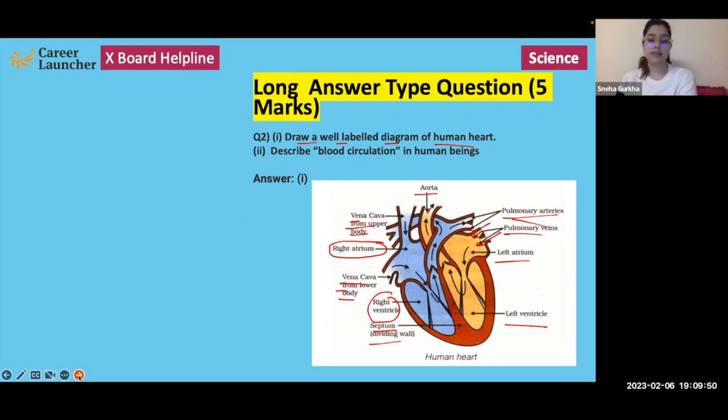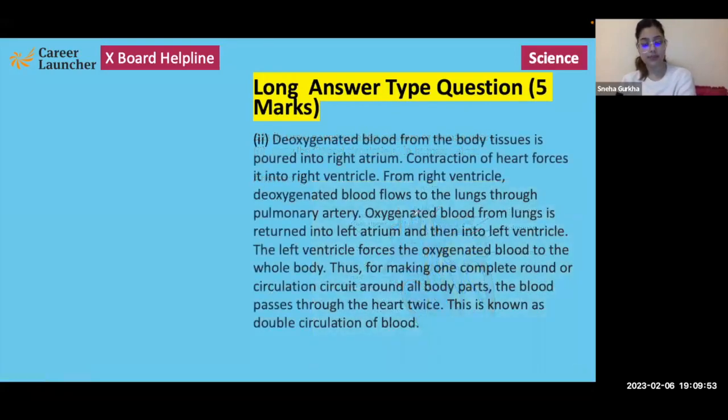Next question is, describe blood circulation in humans. So a complete passage or a complete path is given. Deoxygenated blood from the body tissues is poured into the right atrium. So deoxygenated blood, from where is it coming? From the tissues of the body, which have used up oxygen to perform various functions. So from the tissues of the body, this deoxygenated blood is coming and it is being poured into the right